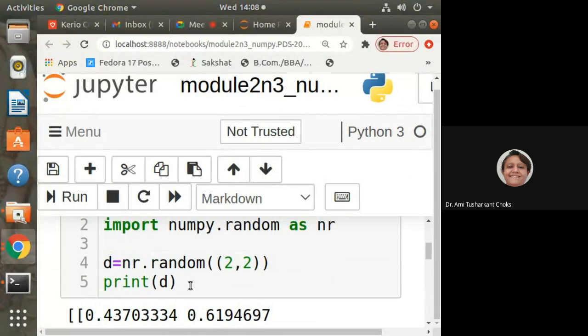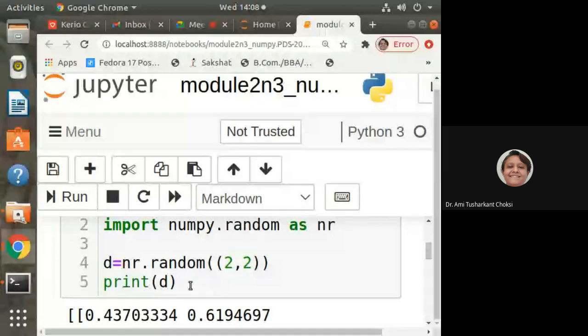But I do not want it that way. I say for Ami Tusharkan, I need to write it as A and Chakshi. Are you getting this?